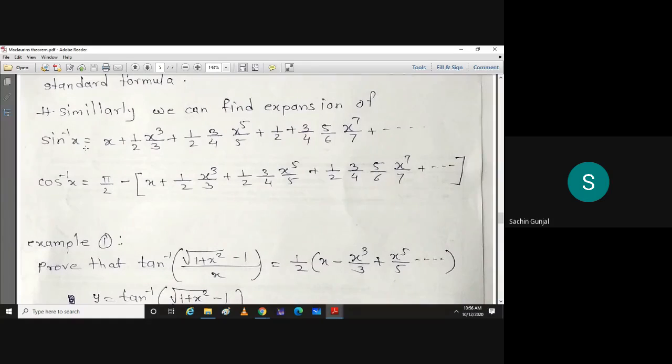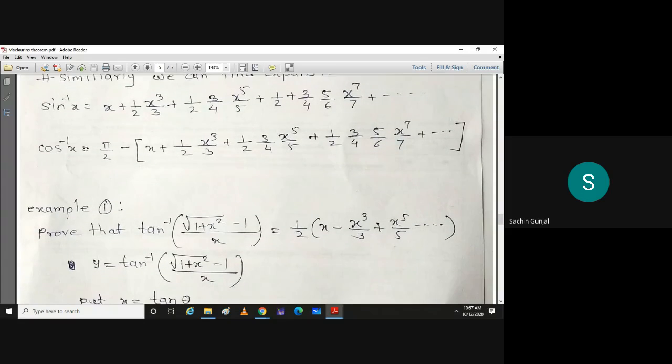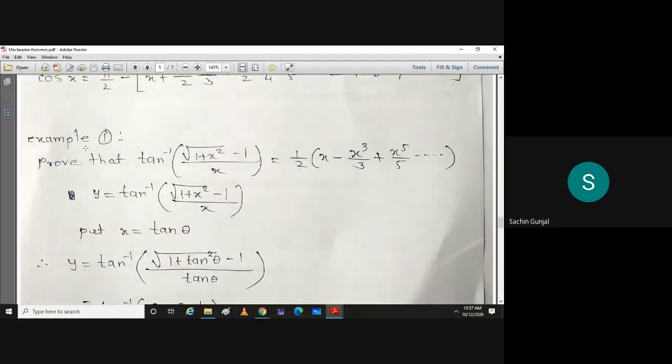Idea is clear? Yes, sir. Okay. Any doubt? No, sir. All right. Similarly, cos inverse x also. So moving ahead,